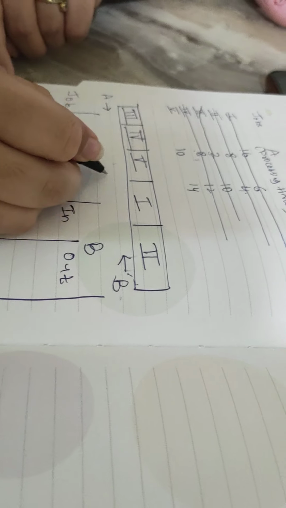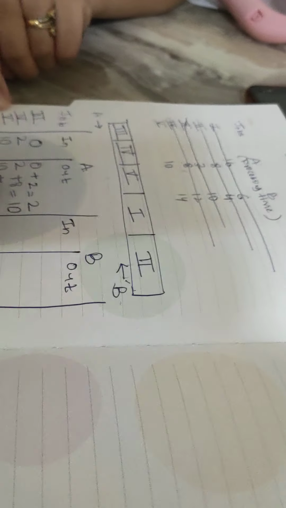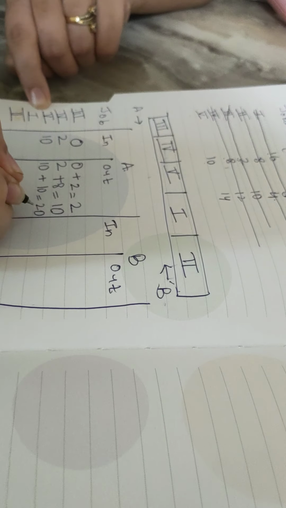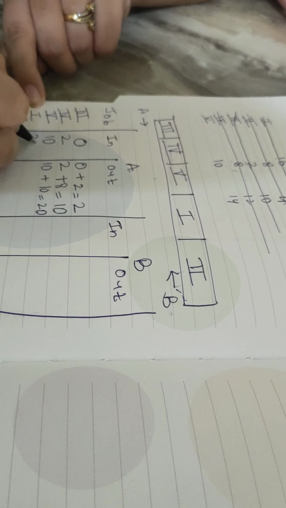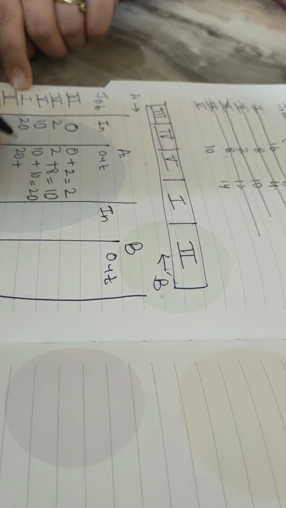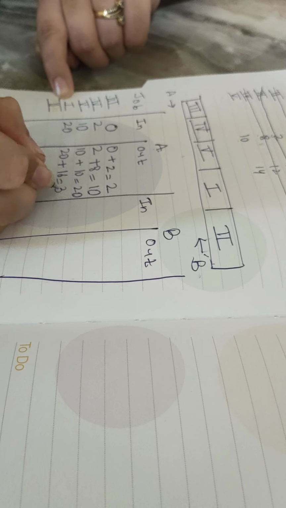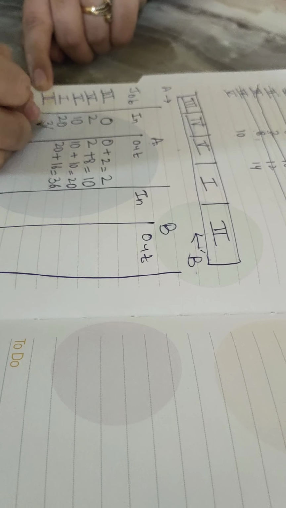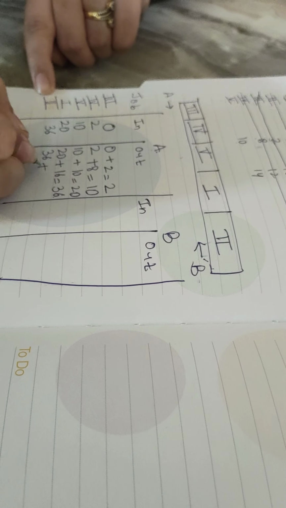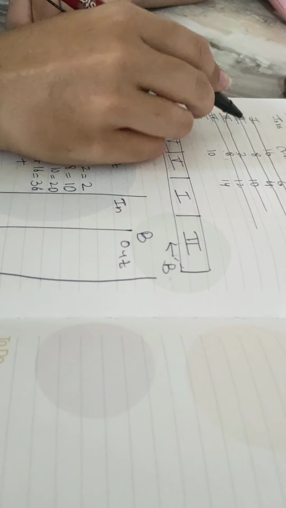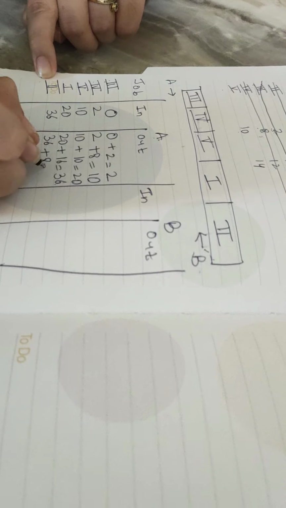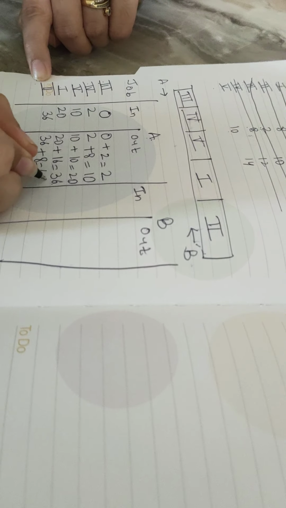10 plus for A fifth, that is 10. So this will be 20. This out will be in for this 20 plus. For first job at A, the time is 16. So this will be 36. This 36 will repeat here. 36 plus. For A, the second work, that is 8. 36 plus 8 is 44.